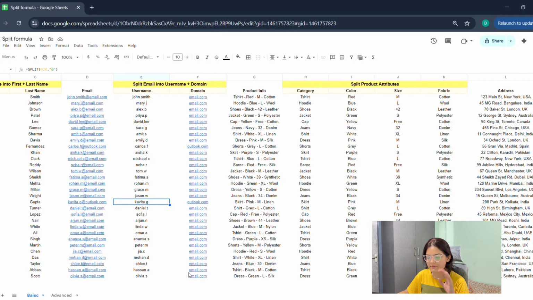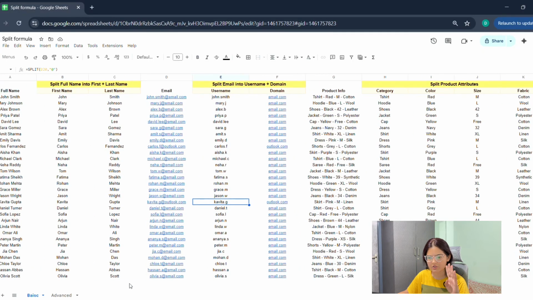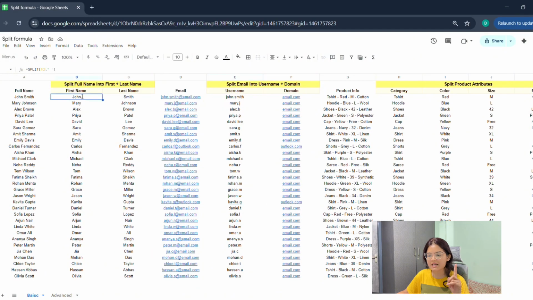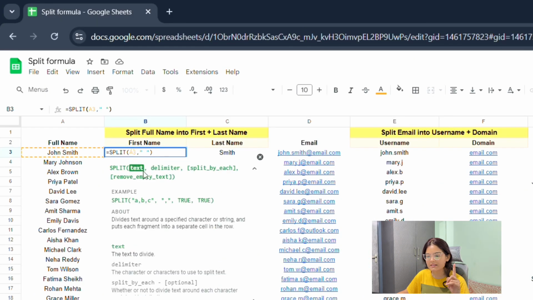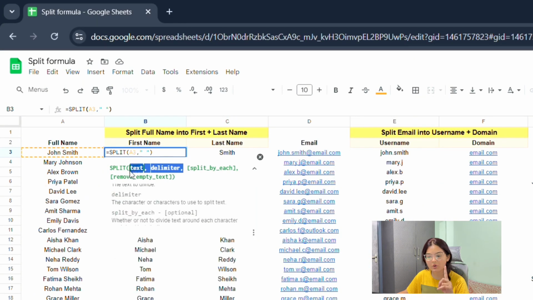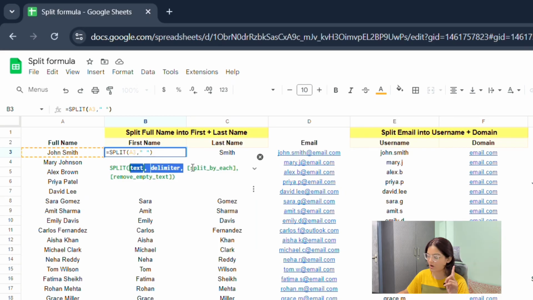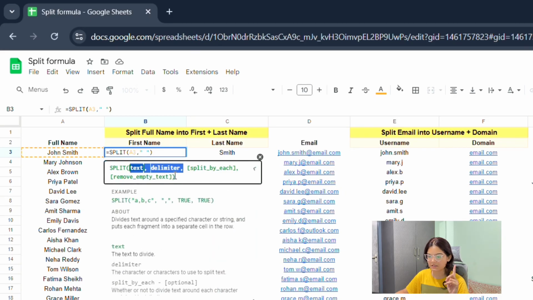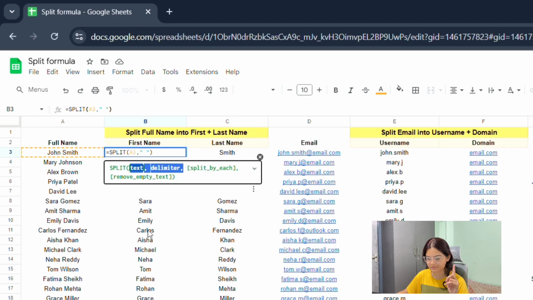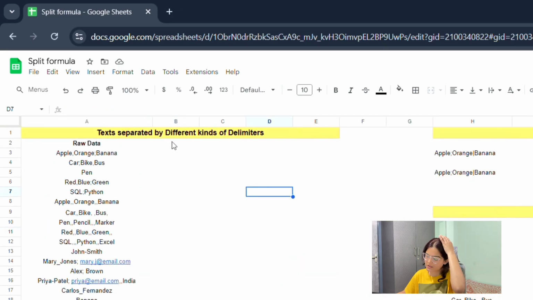So till now, whatever you learned was basic. It was very basic functions. If you would notice, split actually has 4 arguments. I think I told you in the beginning of the video. Split has 4 arguments. We only learned about the first 2. Now we are going to understand what the last 2 arguments are and what their usage is. That we'll learn in advanced. Okay. Before that,